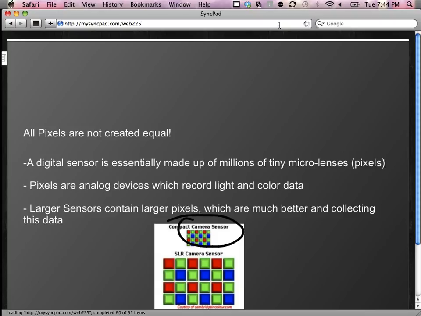And then here is the SLR sensor. You can see just by size alone, it is much larger in circumference than a point and shoot and prosumer. But that's not to say that the prosumer and point and shoot do not have good enough quality